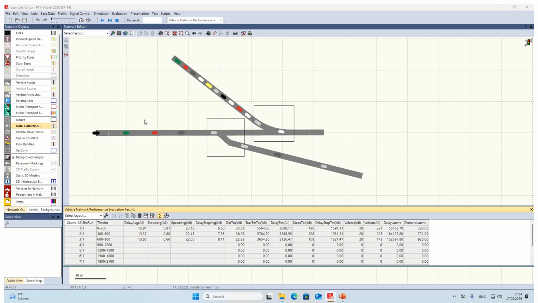For example, we have a number of vehicles indicated here, and we would like to get graphical information about the following data. The simulation is completed, but in any case, you see that the table is still here. By pressing the right mouse button,